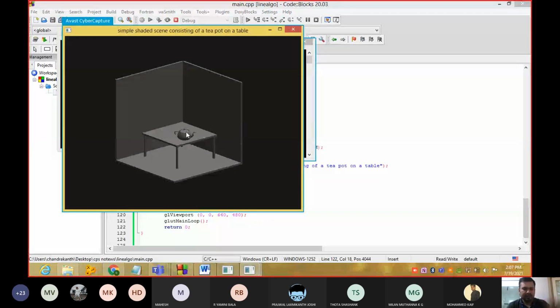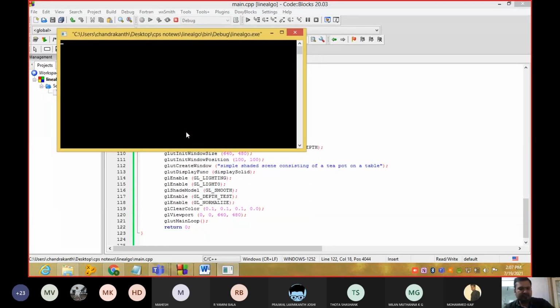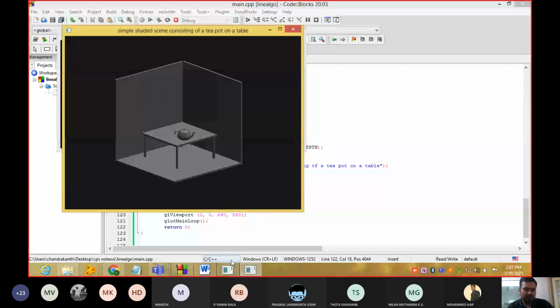Hey, teapot, don't worry. It is an inbuilt function. You just need to call teapot. What you are supposed to do is assign the lighting features here. Everything is an inbuilt function here, so you are only supposed to call those functions. Don't worry how to build the teapot. Building the teapot is not your syllabus here. This is what you are supposed to do.